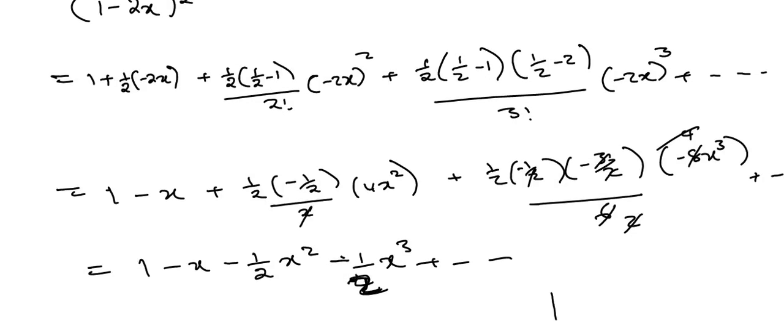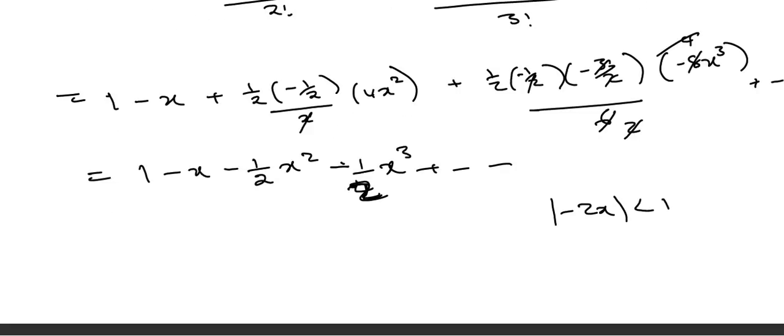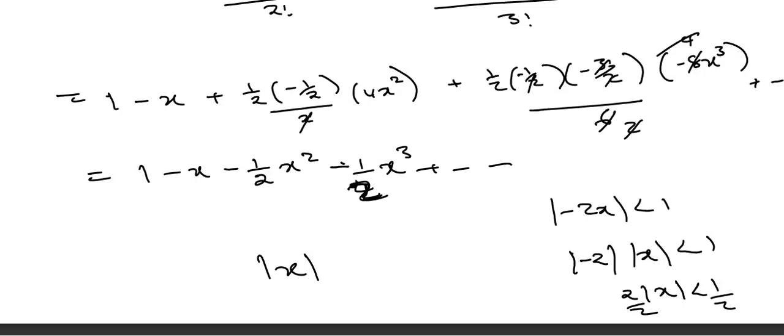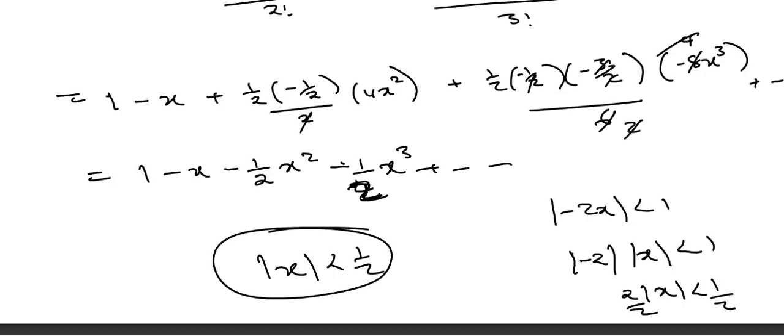The valid region, like we showed, is just going to be this. We can factorize the negative 2 outside. So this is the same as negative 2 and x like this. So this is the same as a 2. You can divide with a 2, divide with a 2, meaning modulus of x is less than half. This is like the domain or the valid region where x is going to be found for this whole expansion